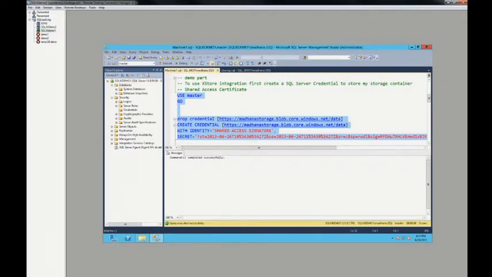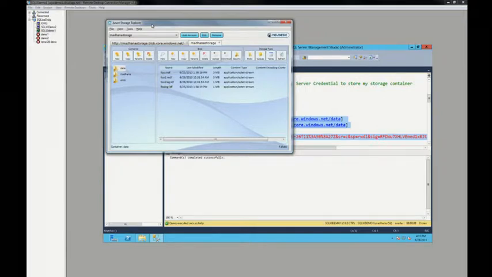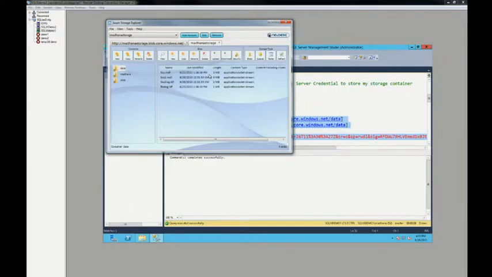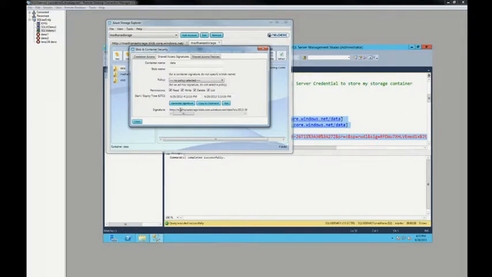In order for me to do that, what I'm going to show you is this open source tool. It's called Azure Storage Explorer. And here is basically my container and storage account. And I'm going to say, generate me a shared access key, right? So I'm actually asking this tool to create me a shared access key. And I'm saying I want a public container. And I'm saying, give me read, write, delete, and list permissions. And generate a signature for me, right? And what I'm going to do now is copy this signature,